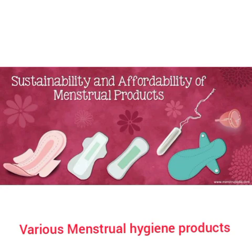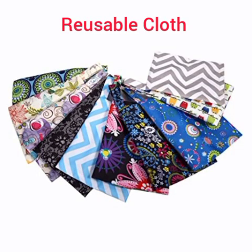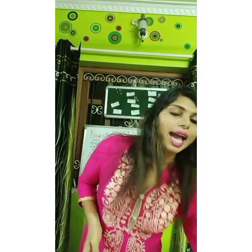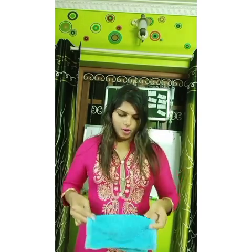And now going to the various products we use to keep up with menstrual hygiene. The first one that we are going to discuss is reusable cloth. When we are using cloth, we can take any nice cotton cloth, but we should make sure that it is very clean. You take the cloth, you can fold it into the desirable shape and thickness. And this cloth is placed inside your panty and it acts like an absorbent material to absorb